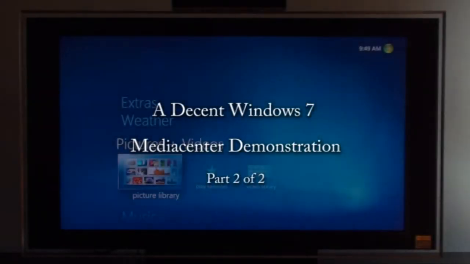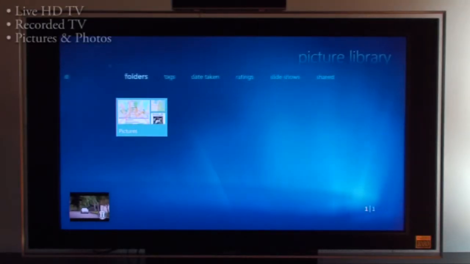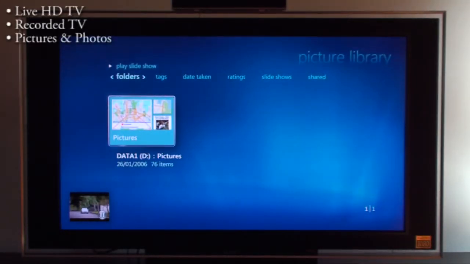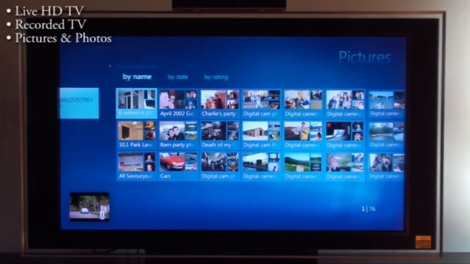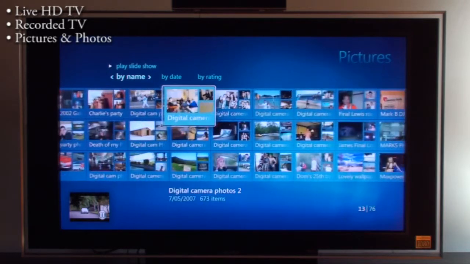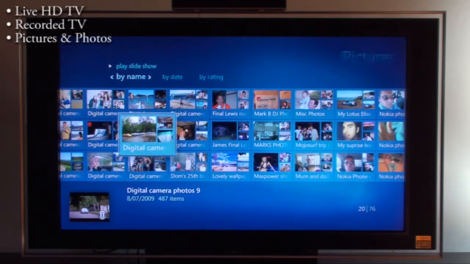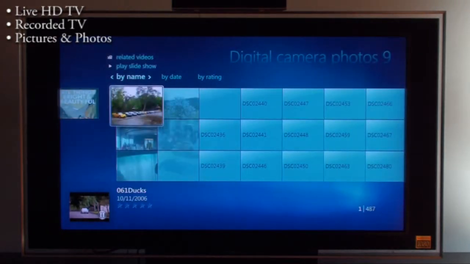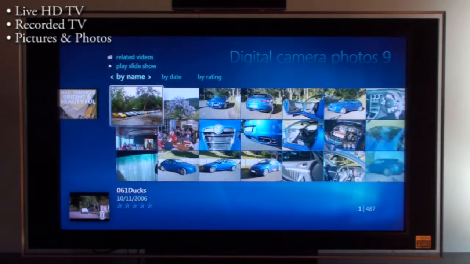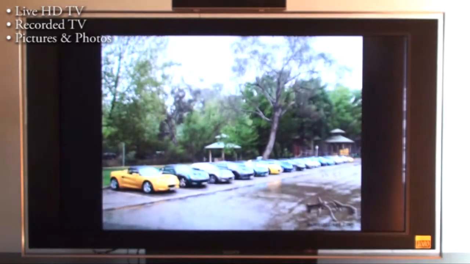So we can go to picture library. All of your pictures are just stored on a typical hard drive in your media center or anywhere else on your network at home. Go into this, my particular pictures folder. I can load up all my photos from my travels and fun around the world, and just select any photo. I can scroll through left and right,